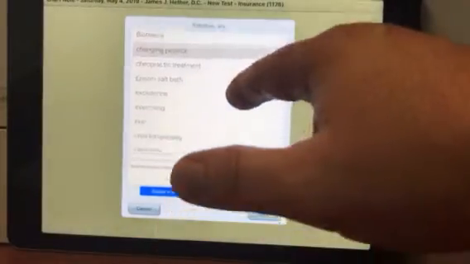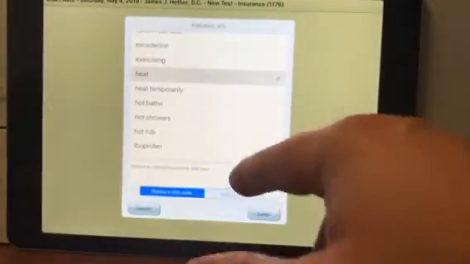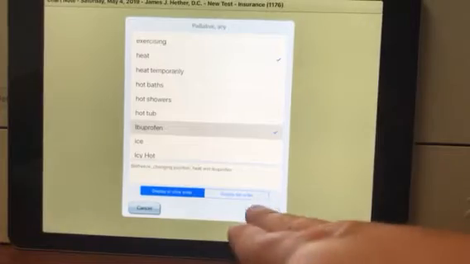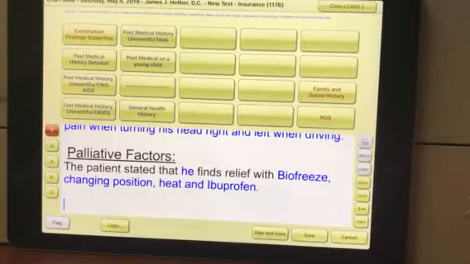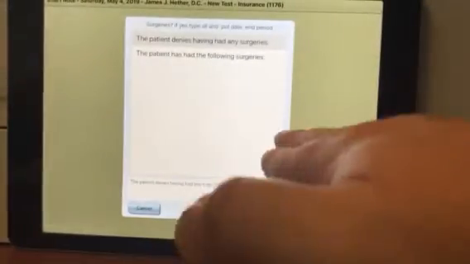From there, we can ask, was there anything you do that makes it feel better? Yeah, I've used BioFreeze, I changed my position, I've tried heat, and I've taken ibuprofen. From there, we can ask the patient any other conditions that may have improved it, and if not, we go right under his past medical history. Under past medical history, we can deny having any broken bones. We could say that he's not had any surgeries, and